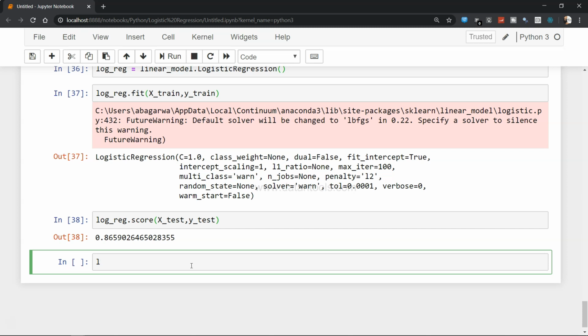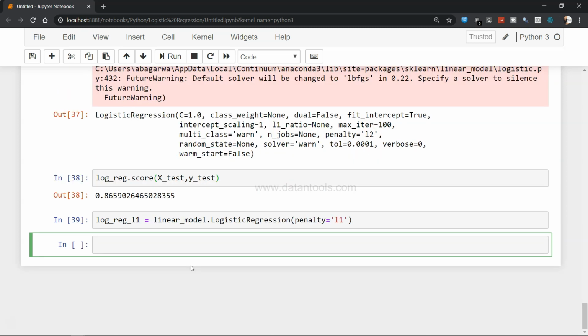So for that I will say log_reg_L1 equals linear_model.LogisticRegression, and I will say penalty equals L1.